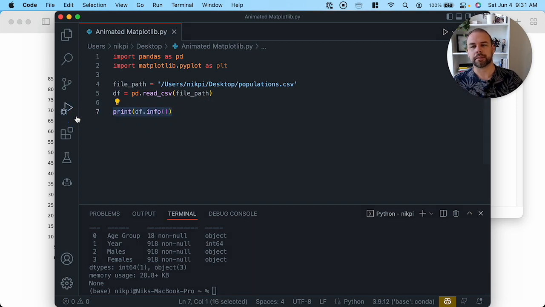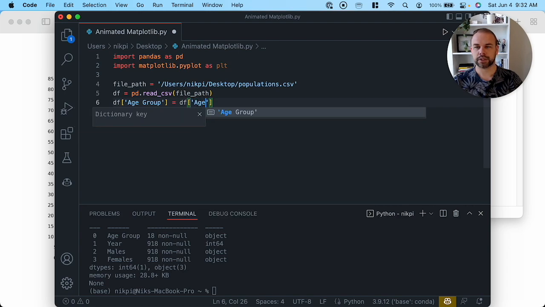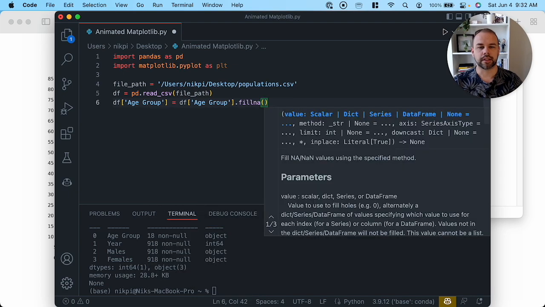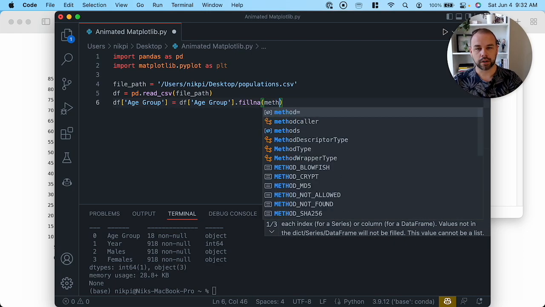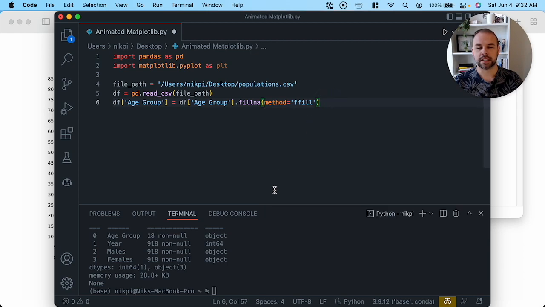Let's deal with the missing values first. What we're going to do is look only at the age group values here, because they, as we can see, are the only values that have missing values. We're just going to use this age group series and the fillna method. But at this point you may be wondering, how can we fill it in properly? One of the neat things about this method is that it accepts a method parameter. One of the options that we can use is the forward fill method. What this is going to do is take that first value and fill it all the way down until it